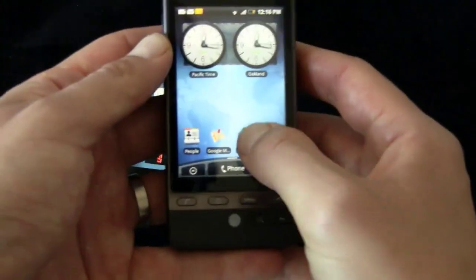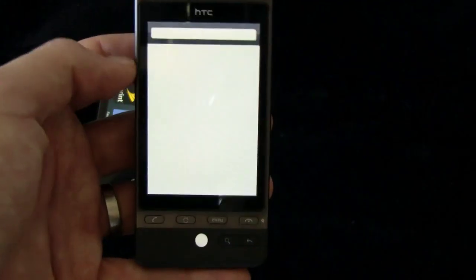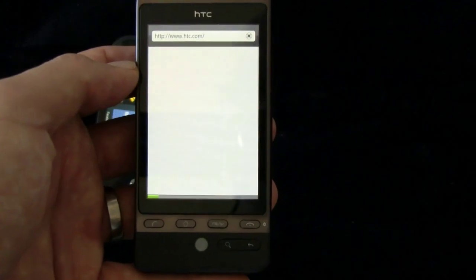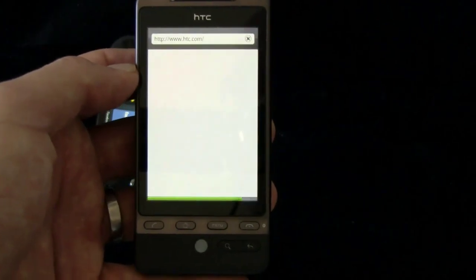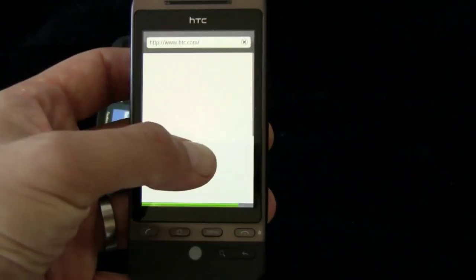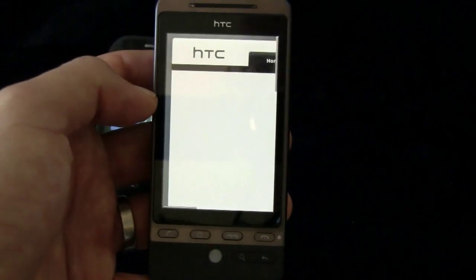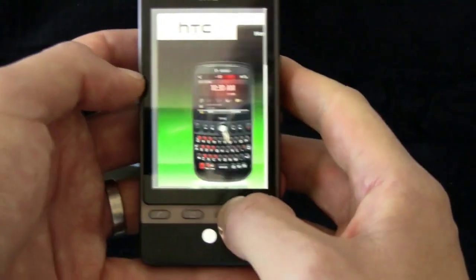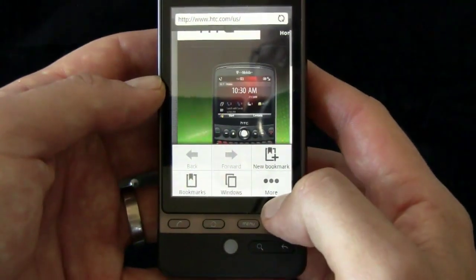On the Android, if we go into the browser on the Hero, you've got the Android stock keyboard, but by default, you've got HTC's keyboard, which is a little bit nicer. I think it's a terrific virtual QWERTY board. I went over this in the Hero iPhone Dogfight. Not worrying about the hardware in terms of the size of the screen, I think this is the best virtual keyboard that I've ever used. There may be some out there that I haven't used for sure, but I think it just works really, really well. And what I like about it is that,